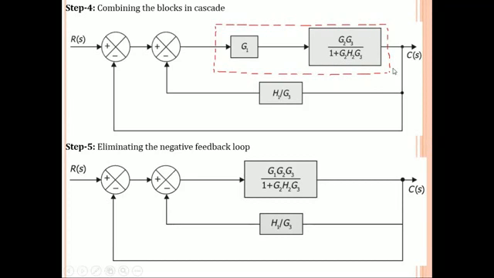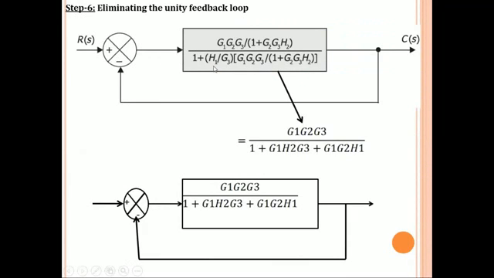Looking at this figure, here we have again a negative closed loop path, right? This closed loop path can be replaced. It is connected to the negative symbol, so negative feedback. So we can replace this by using the formula G divided by 1 plus GH. Here the value of G is equal to G1, G2, G3 divided by 1 plus G2, H2, G3, and the value of H is equal to H1, G3, right? So after simplifying this block, we will get the value like this.